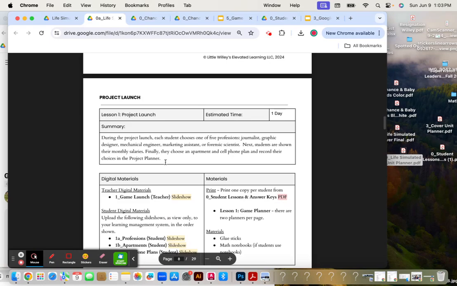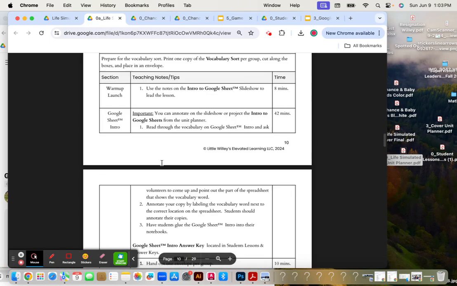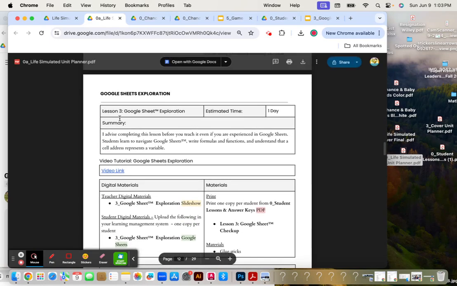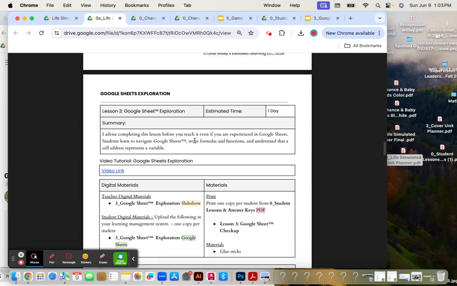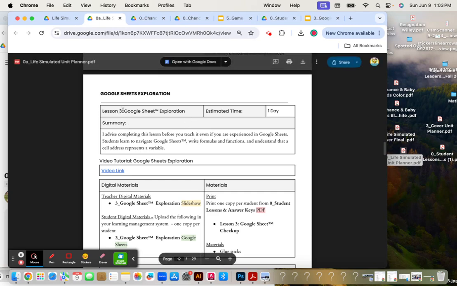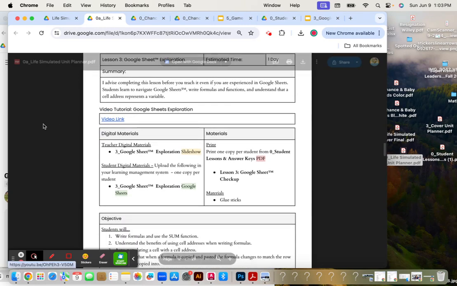Now we're getting into the actual lesson plans. I'm going to scroll down to lesson 3 because it's got all the different types of files that you're going to come across. So when you see a lesson title, the time it will take, a summary, the video link,